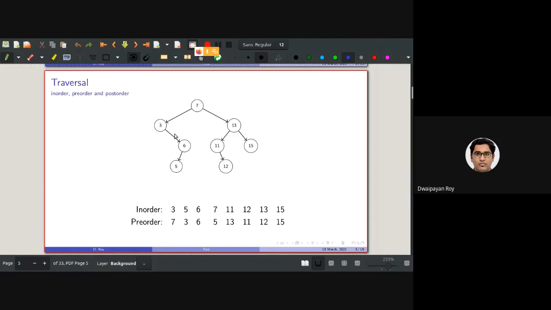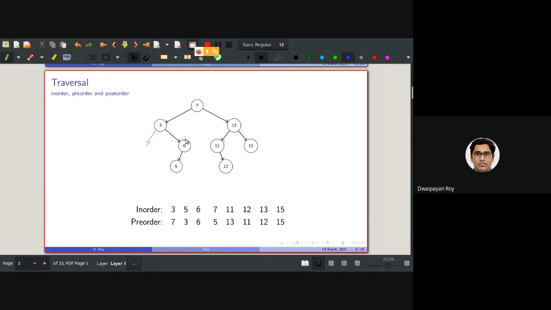and then the root. So for this tree, the post-order traversal will start by first printing the node 5, because root will be starting from here, and as we will be traversing the left subtree first, the root will be coming here. Again, root will be coming to the left of this. But as it is null, root will be coming in the right subtree.